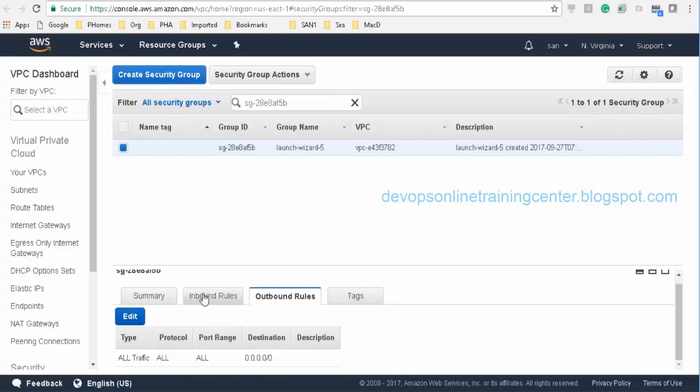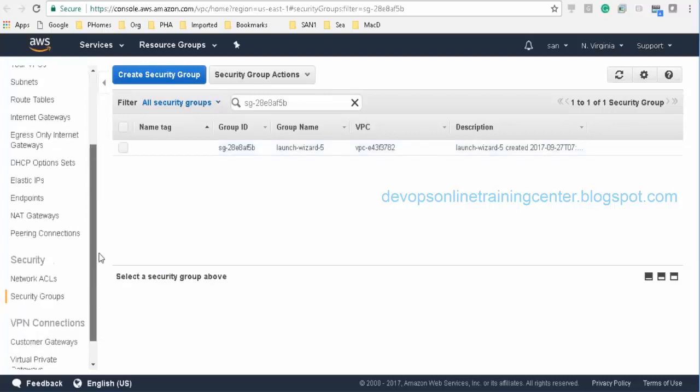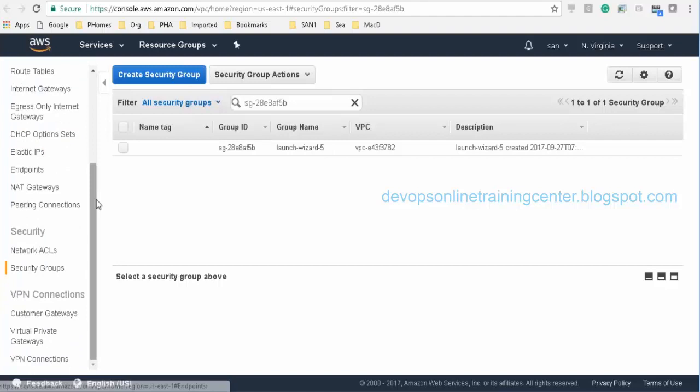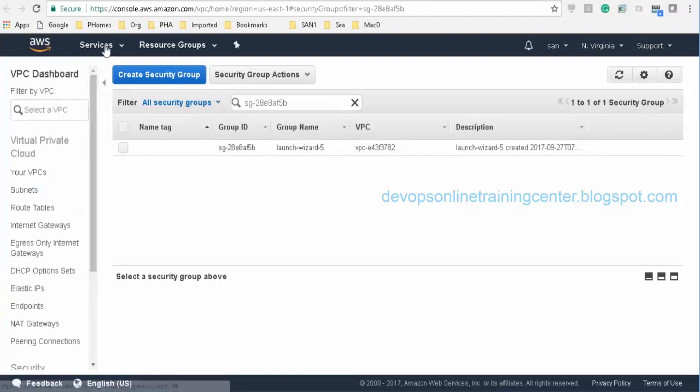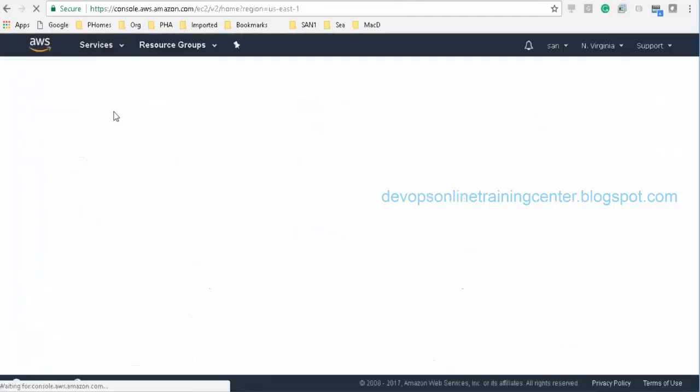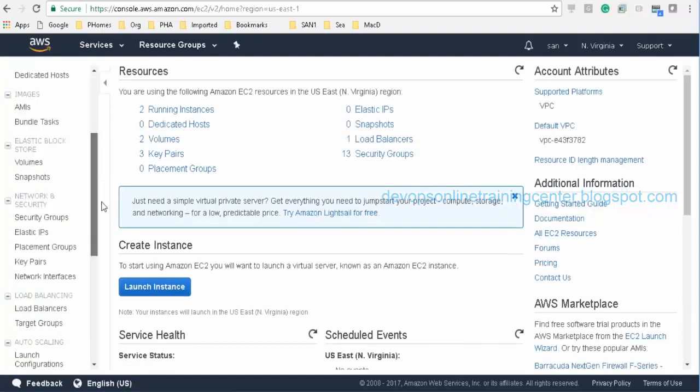All, right? So inbound, we restrict the incoming traffic to a load balancer, or the incoming traffic to EC2 instances. We restrict based on something like we allow only HTTP, we allow only SSH, we allow only ping, something like that. But outbound, we always allow, right? All traffic we allow for outbound in case of EC2 instances as well. So this load balancer's security group is fine. So let me go to the load balancer and add these two instances.